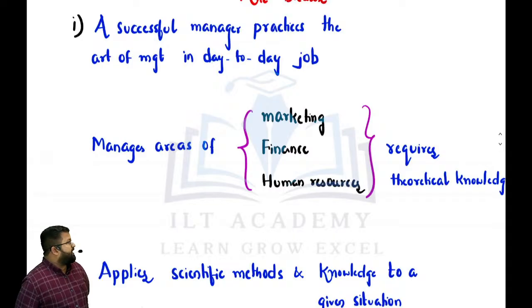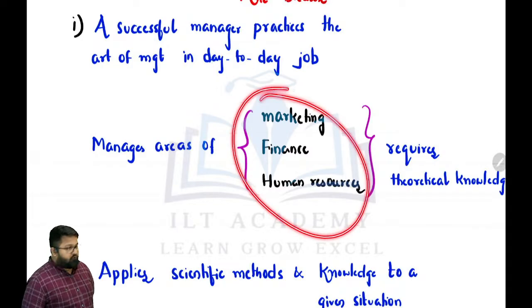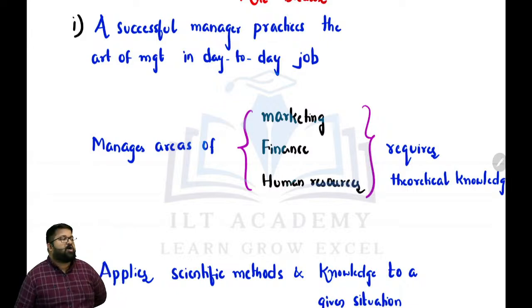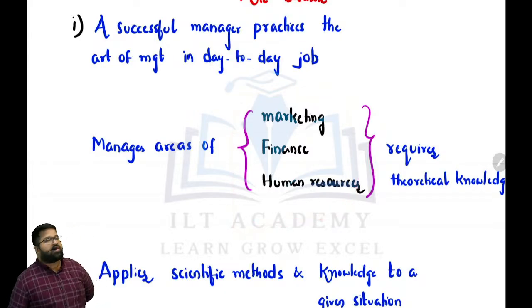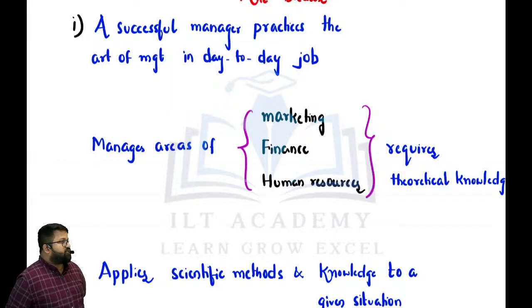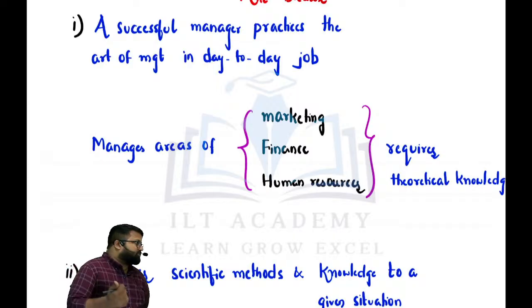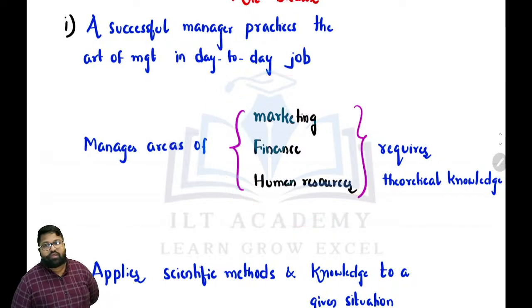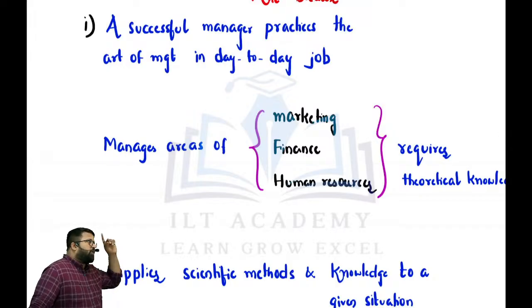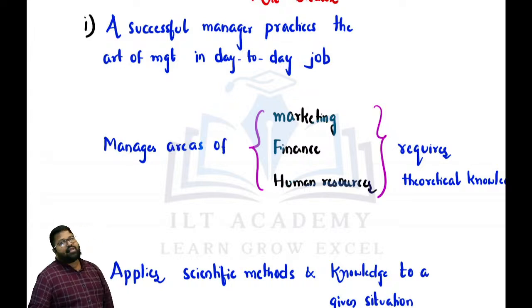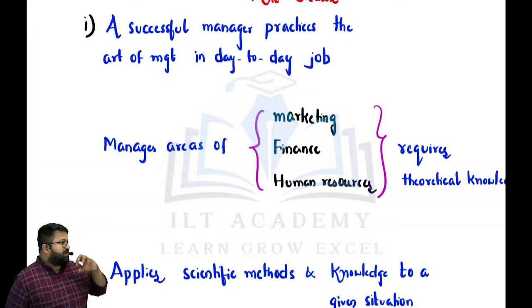So what are the areas he is managing, ma? Marketing, finance and human resource are all being managed by him, and he is connecting these three departments. Here human beings are involved. When human beings are involved, the art of managing them is most important because they may have different conflicts. At the end, if they are not on one right track, the organization may not succeed. So he needs to manage them, and for this what type of knowledge is required, ma? Theoretical knowledge. Theoretical knowledge, one point in arts, a similar point is covered here. So we can conclude by this point as management as an art.